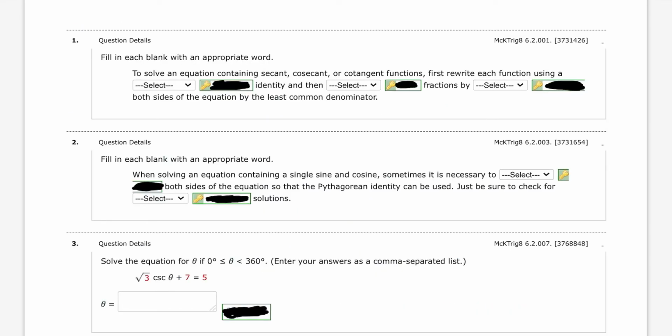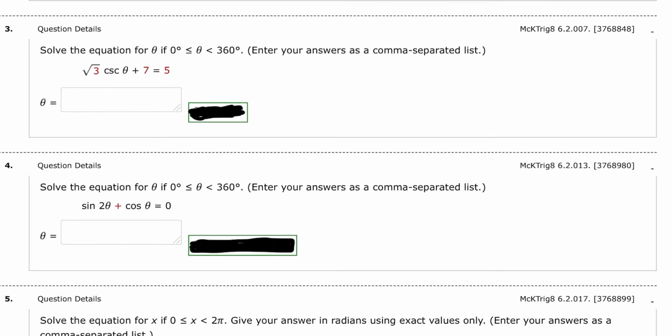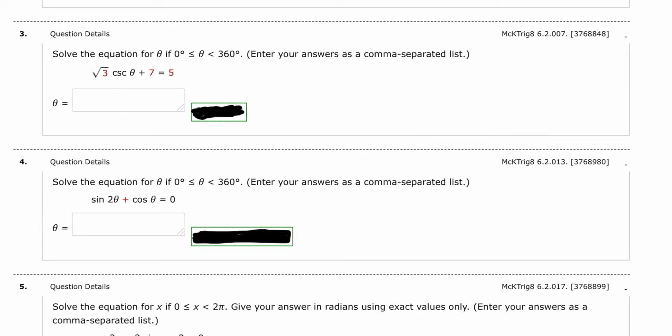Let's look at the homework. We're going to go down to problem number 3. So for this one, we're going to have to write cosecant in terms of sine. So that's going to be radical 3 over sine theta. And then subtract 7 from both sides, you're going to get negative 2. And then if you multiply both sides of the equation by sine,